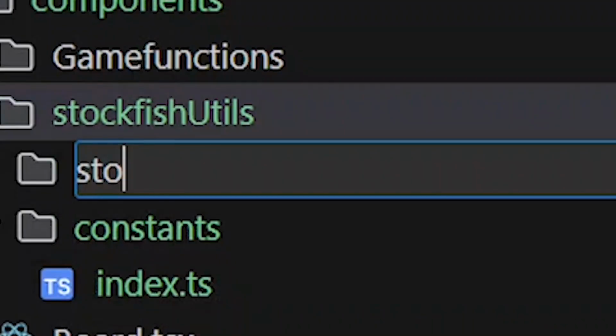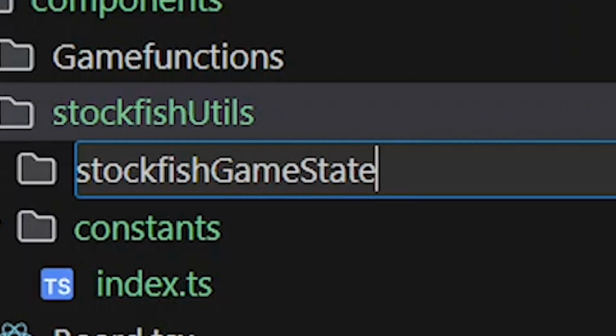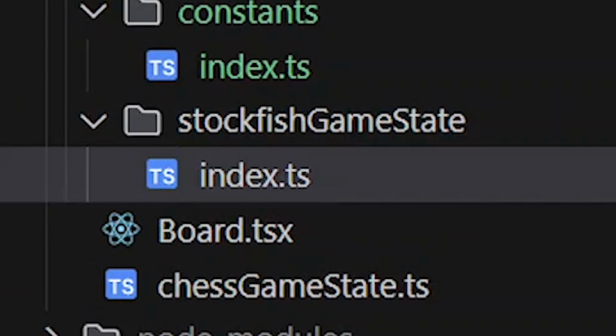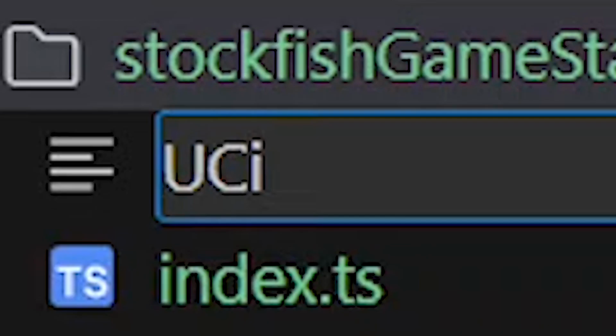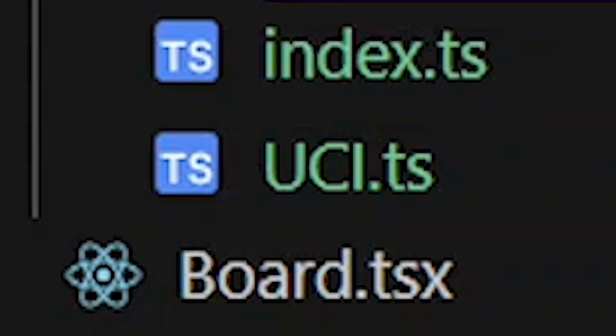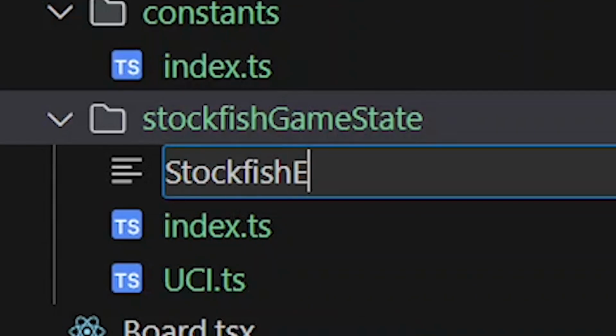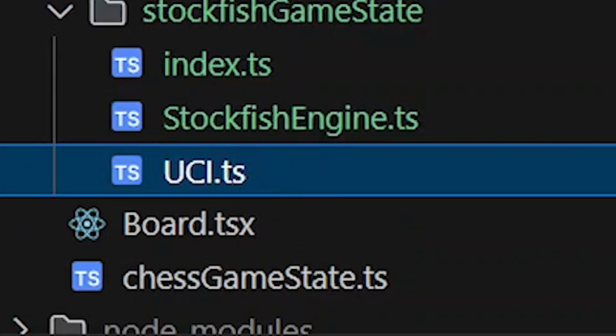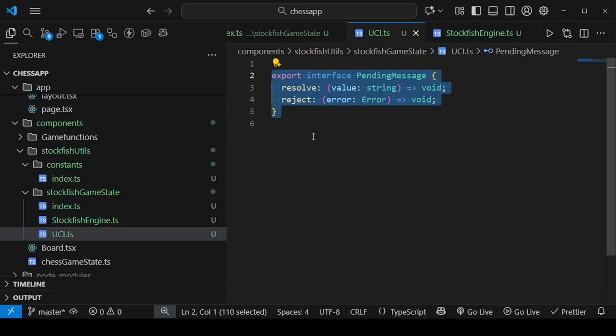So the next thing is, what I'll do is create a stockfishGame.state.ts file, and I'll create another file again. In this case, it's called UCI.ts, that's for Universal Chess Interface. And then I'll also have this file called stockfishEngine.ts. So go to this UCI.ts file, and in it we are going to have the pending message interface,